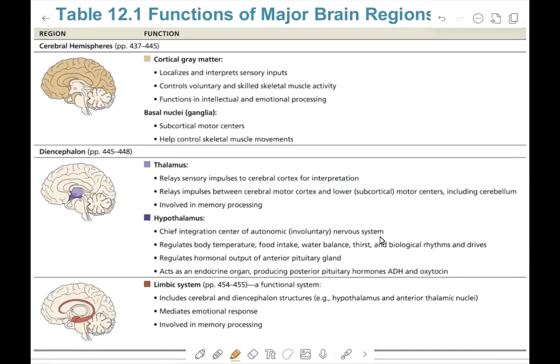Your book has some really excellent tables that summarize the major regions of the brain and their function. So let's first look at the cortical gray matter. This localizes and interprets sensory information. It controls voluntary and skilled skeletal activity and functions in intellectual and emotional processing. So this is the executive suite,